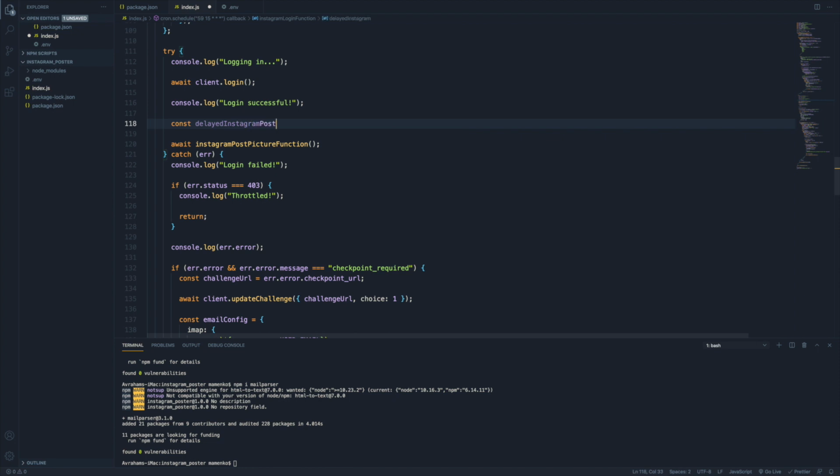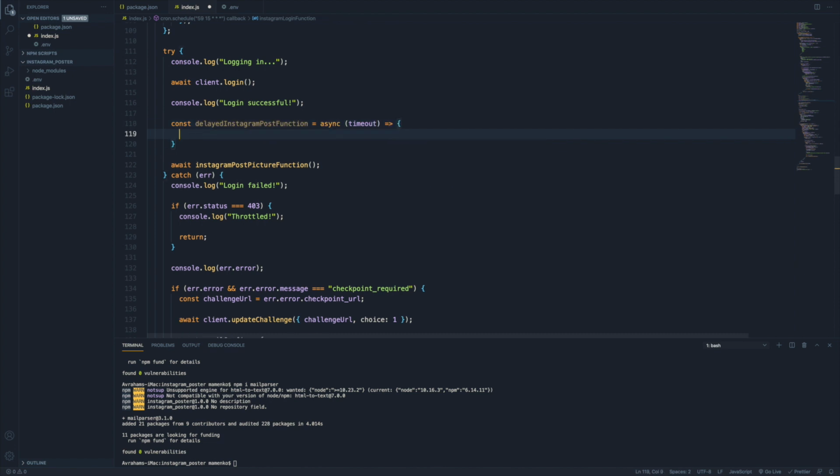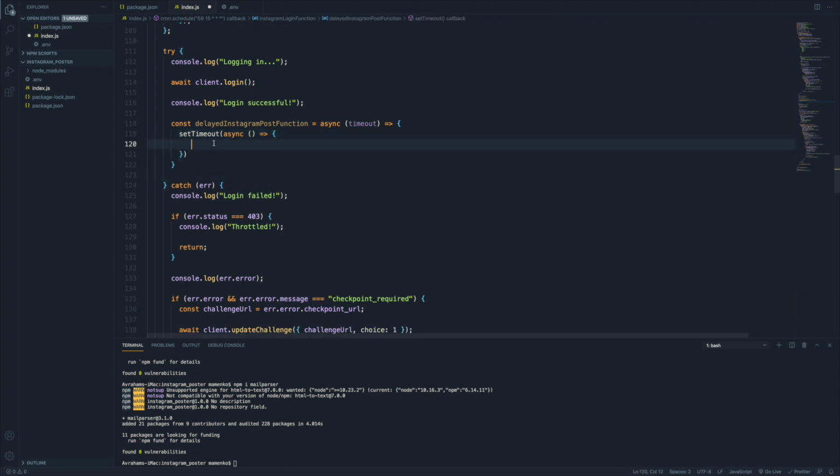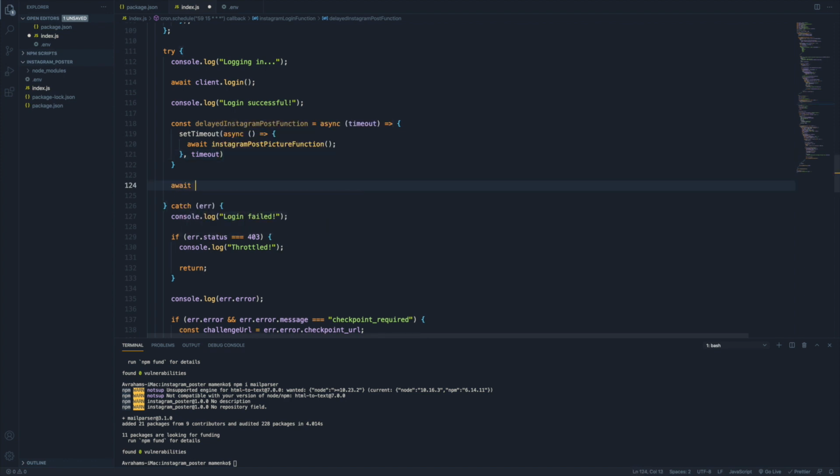there are no issues, I'm just going to delay this Instagram post picture function by creating a delayedInstagramPostPicture function variable. This will again be an asynchronous function that will accept a timeout variable. This timeout variable will be used to determine how long the setTimeout will be set for before it asynchronously calls await Instagram post picture function. Then I'm going to write await delayedInstagramPostPicture function and enter in a delay of 55 seconds